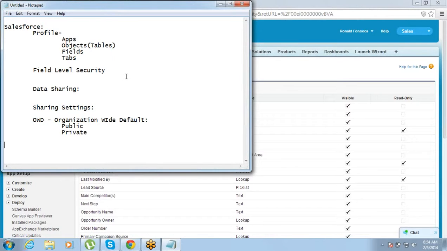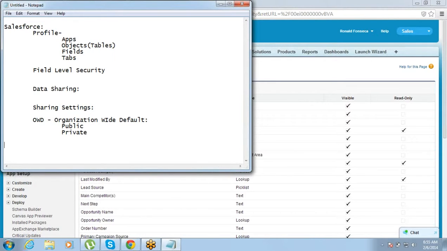But since this setting OWD is applicable organization wide, which means it is applicable for the entire organization, then sometimes we need to deal with certain exceptions also, right? Every time you cannot work with the same rule for the entire organization. Sometimes we need to have certain exceptions also.